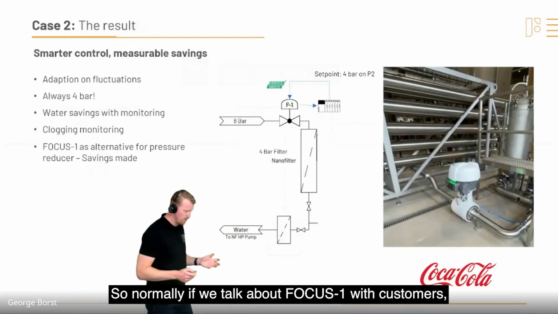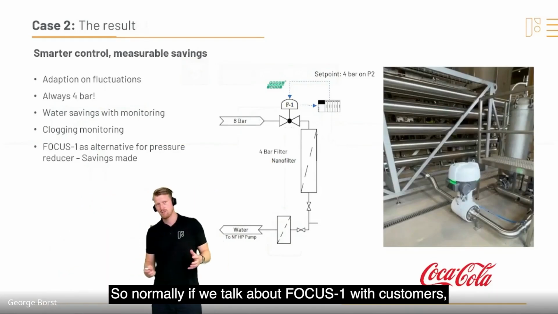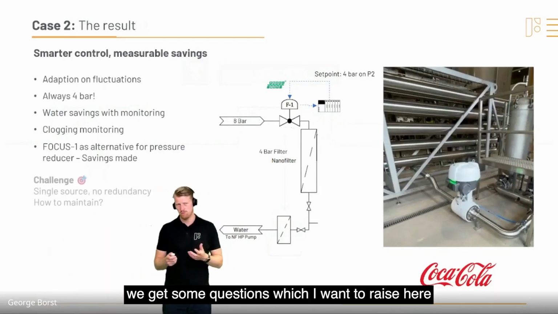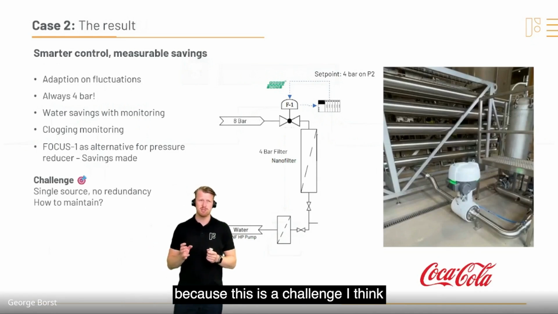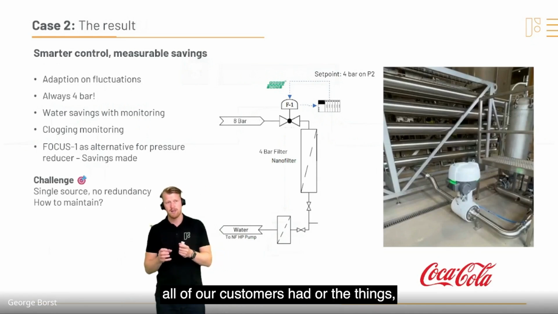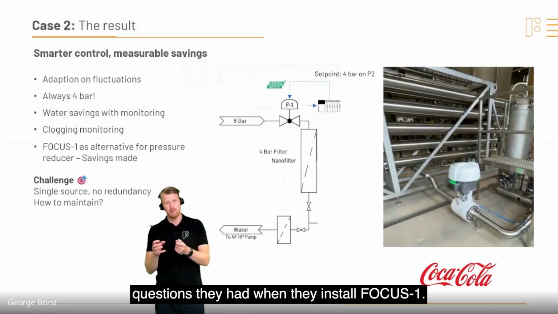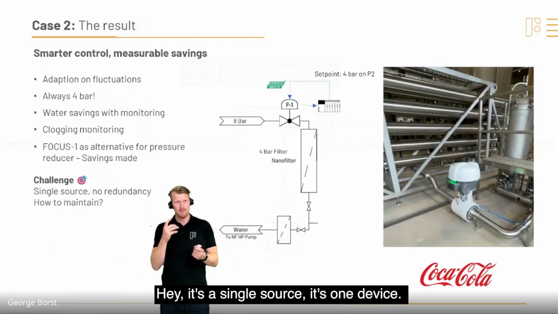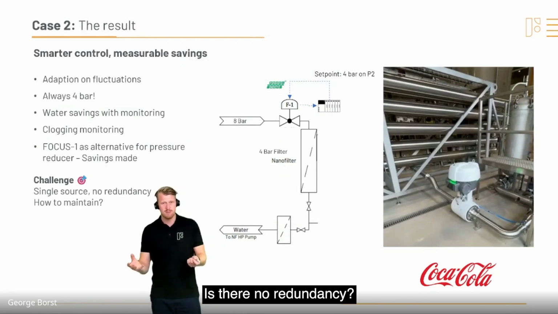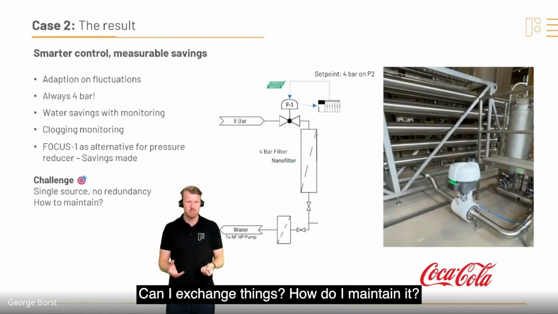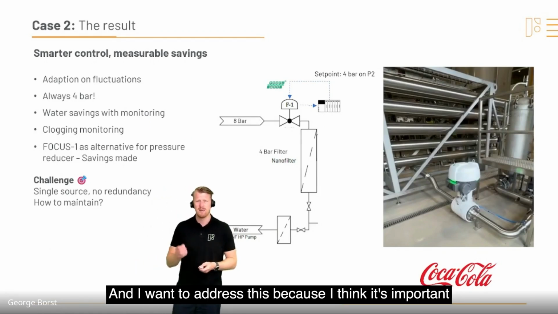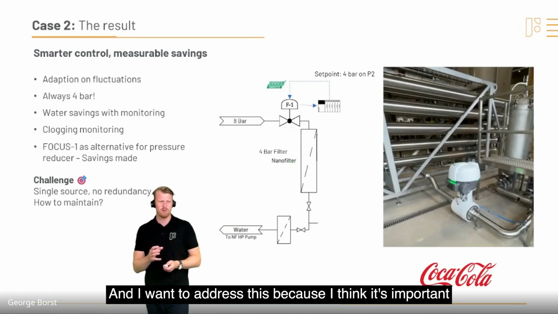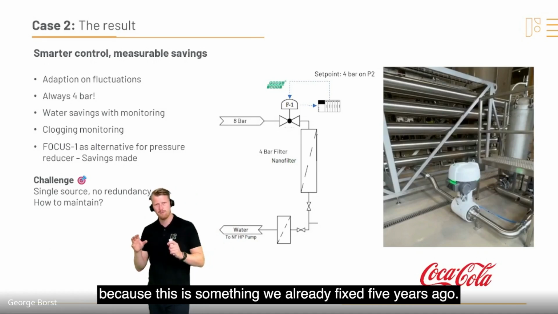So normally, if we talk about FOCUS-1 with customers, we get some questions, which I want to raise here, because this is a challenge I think all of our customers had, or the questions they had when they install FOCUS-1. Hey, it's a single source. It's one device. Is there no redundancy? Can I exchange things? How do I maintain it? And I want to address this because I think it's important, because this is something we already fixed 5 years